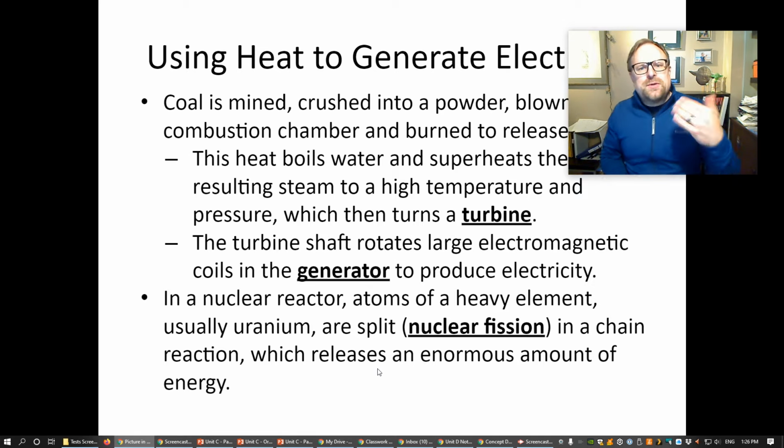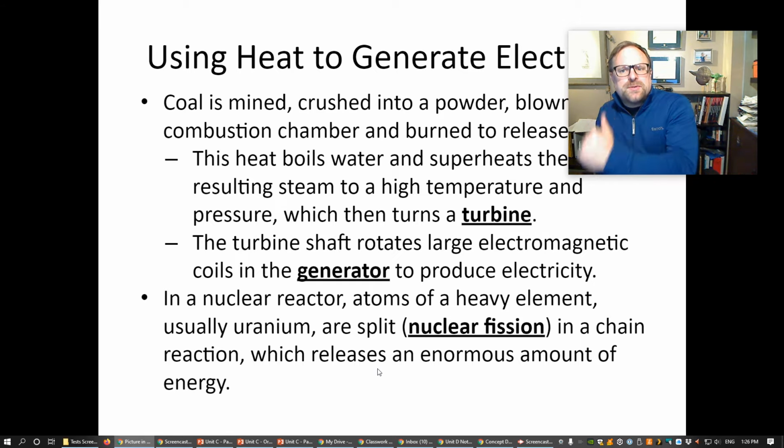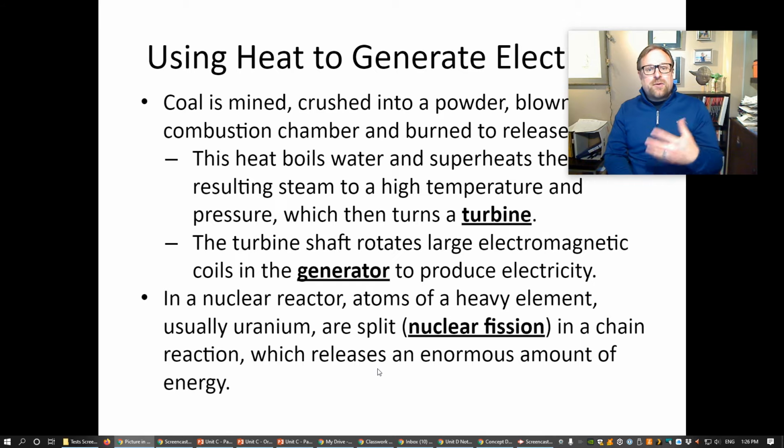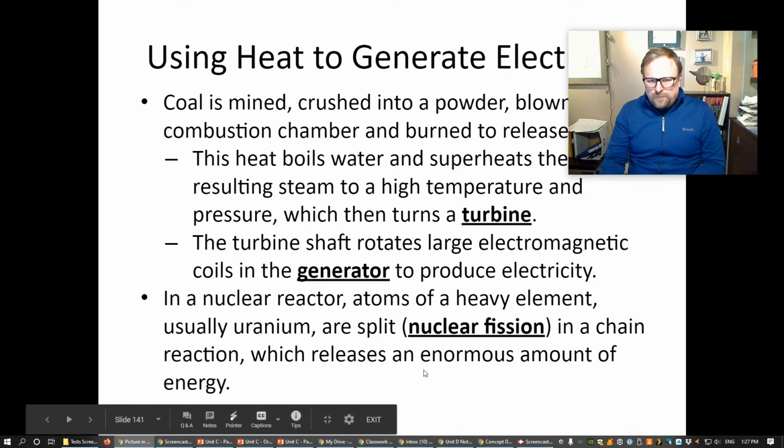That energy is used to boil water. That boiled water turns into steam. That steam spins a turbine. The turbine spins the armature of a generator, and we have the generation of electricity. A lot of these processes that we're going to see to generate electricity, it goes back to a generator, right? Taking an armature, spinning electromagnetic coil inside of a magnet, and generating a flow of electrons that way. Okay,